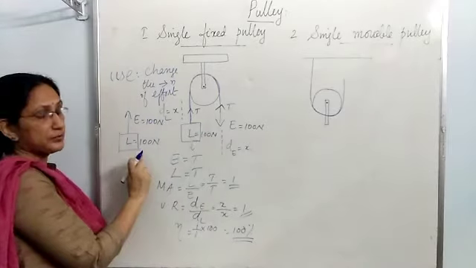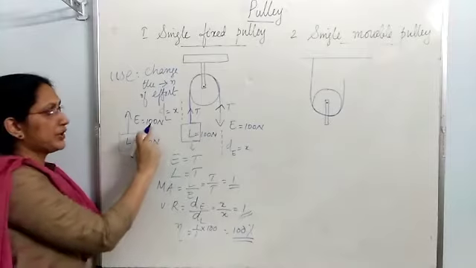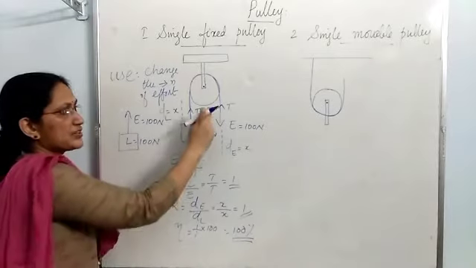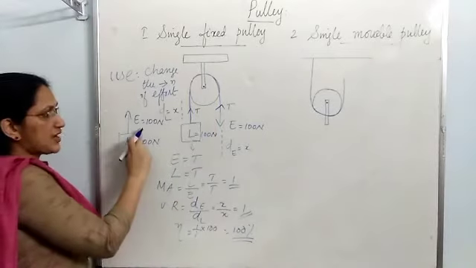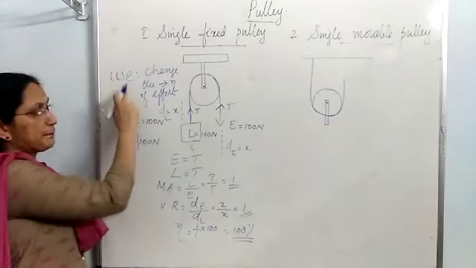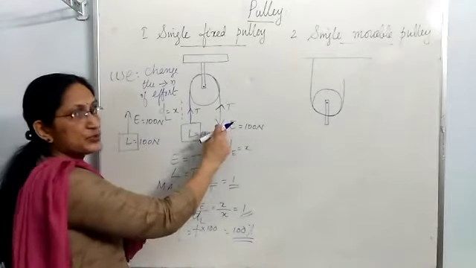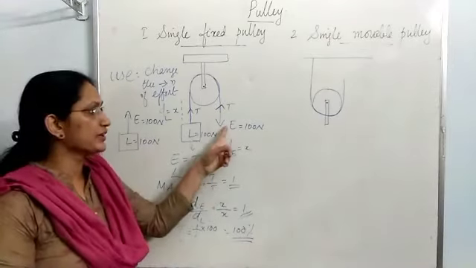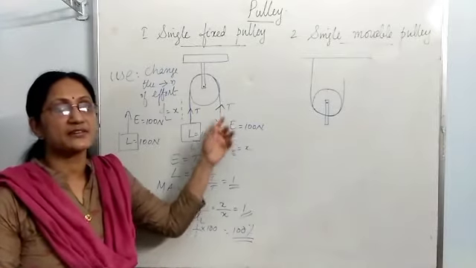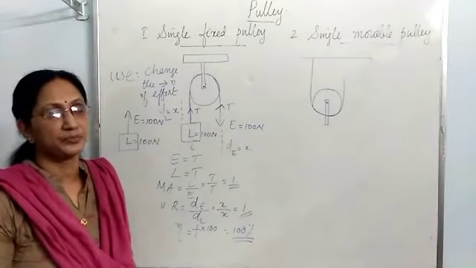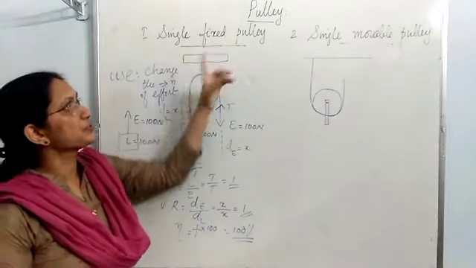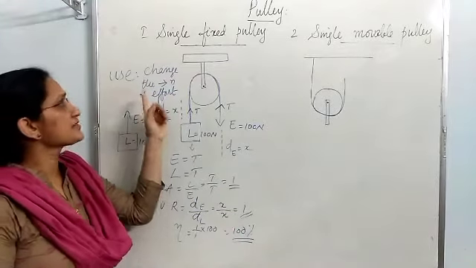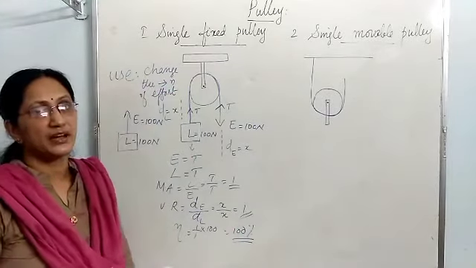So what is the benefit of it? Without a pulley, if you want to lift, you have to give 100 Newton effort. With the pulley also the same effort is to be applied. Then what is the use of this pulley? In this case, effort is to be applied in the upward direction. Here effort is applied in the downward direction. Applying force in the downward direction is always easier, because gravitational force will assist you. So this is the conclusion: a single fixed pulley has MA and VR equal to 1. Its utility is that it helps us to change the direction of effort.